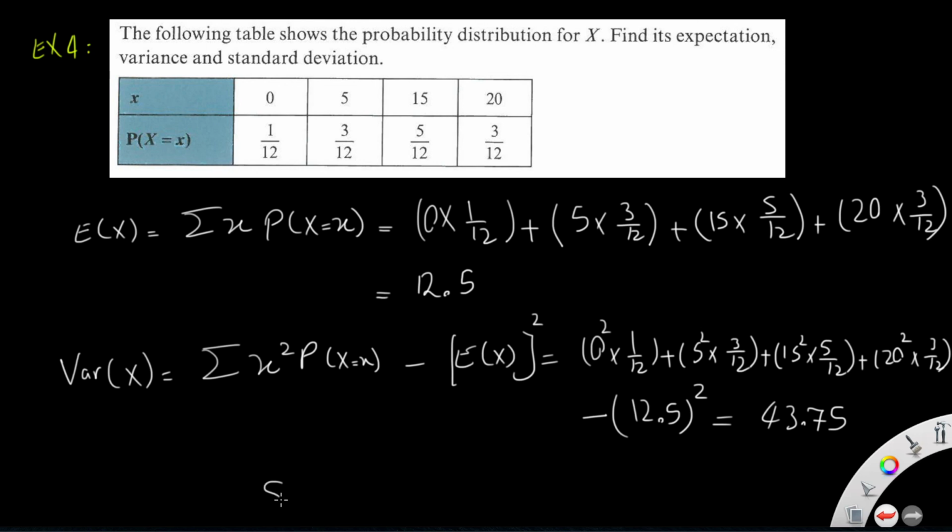43.75. And we know that the standard deviation is the root of variance, so it will be the square root of 43.75, giving you an answer of